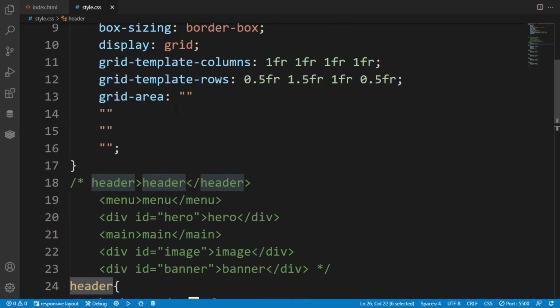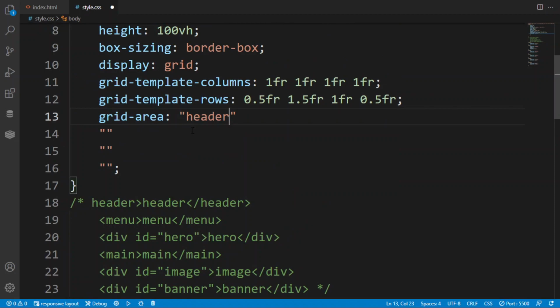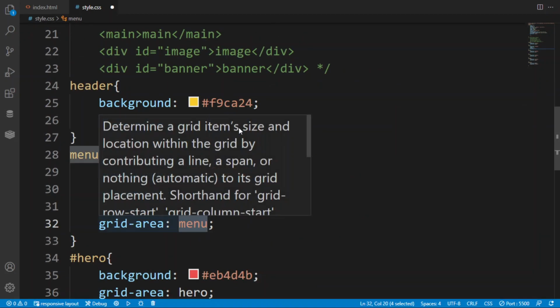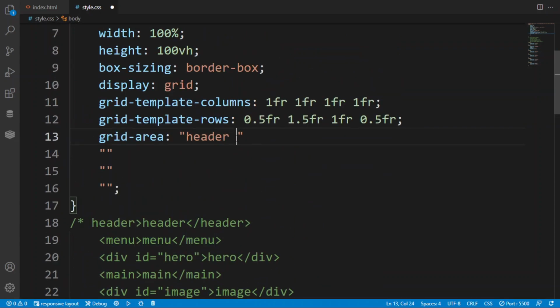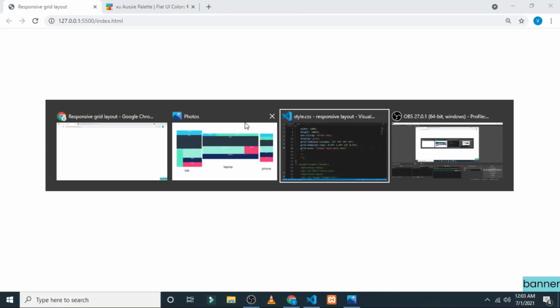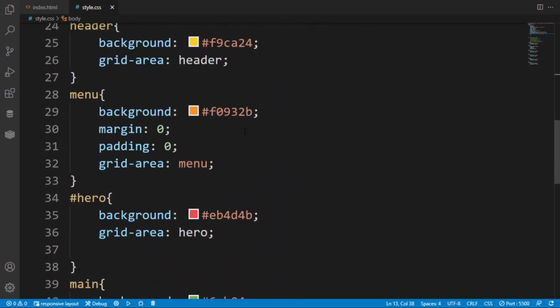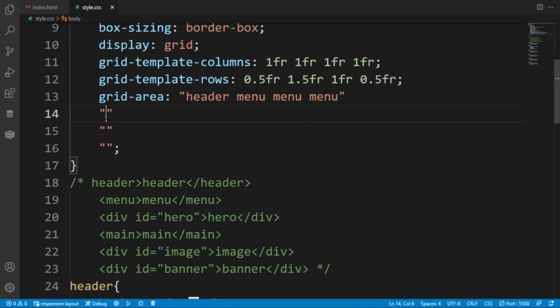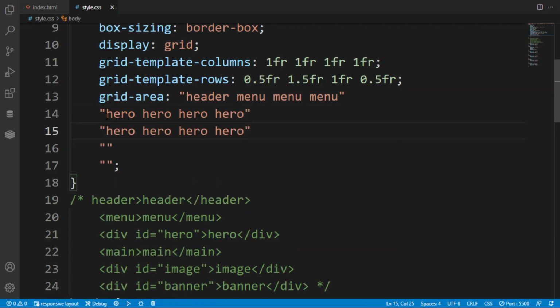As you can see there is no preview yet, but we are going to create this thing. So here I have put in the header. After that we have menu, because if you remember our layout from the start, we have the header at the corner and three of the ratio were menu. So after that we are going to write the hero, because the hero will cover the entire column and a single row.